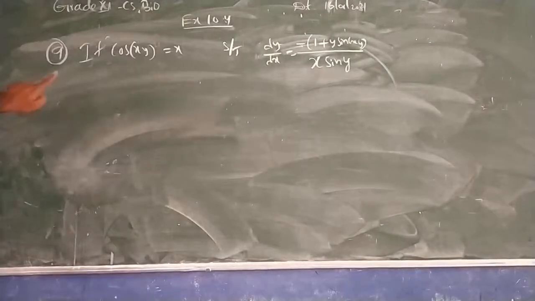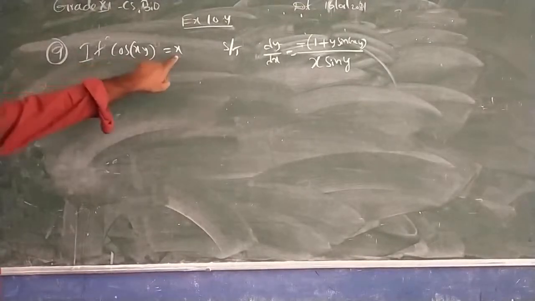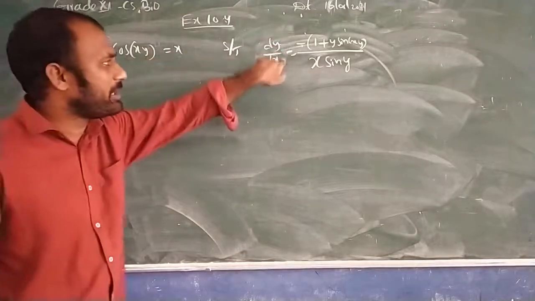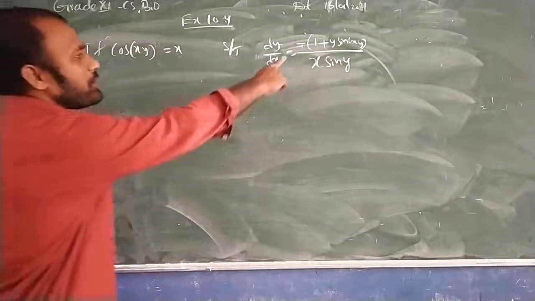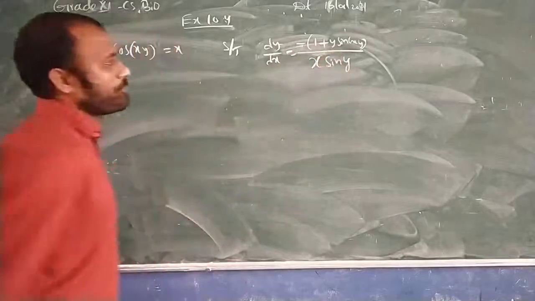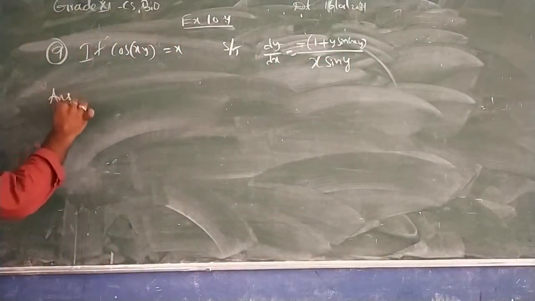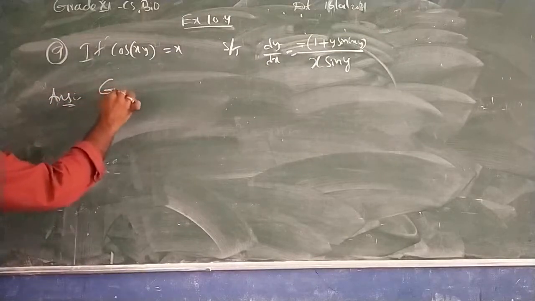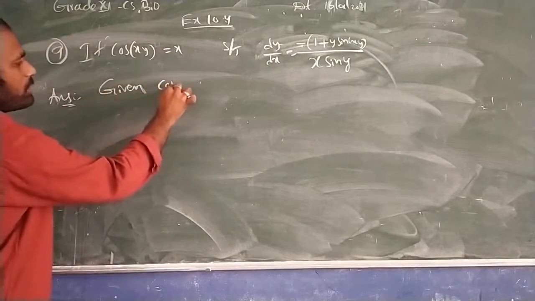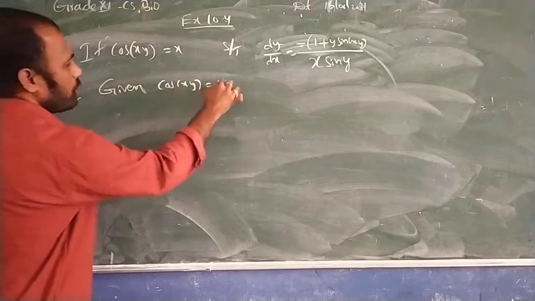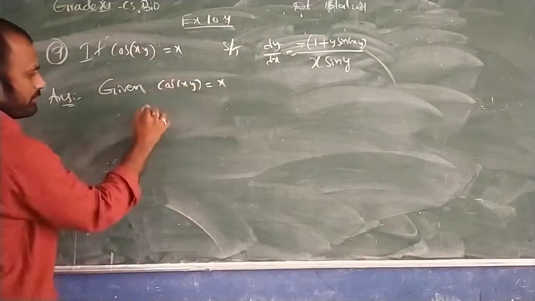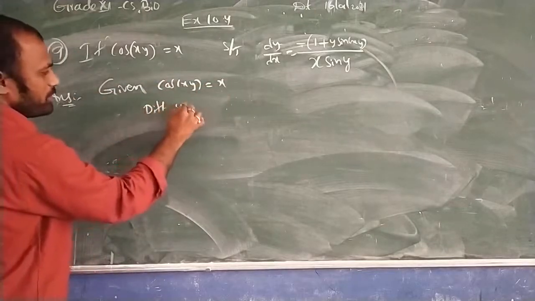Let's see the ninth question. If cos of xy is equal to x, we need to show that dy by dx is equal to minus of (1 plus y sin of xy) divided by (x sin xy). Let us see the answer to this. So given cos xy equals x. So differentiate with respect to x